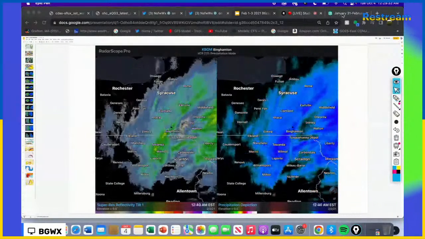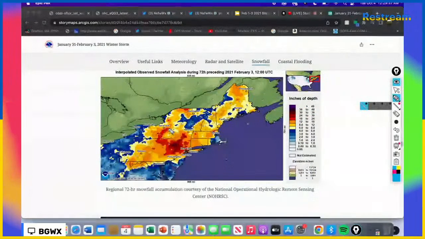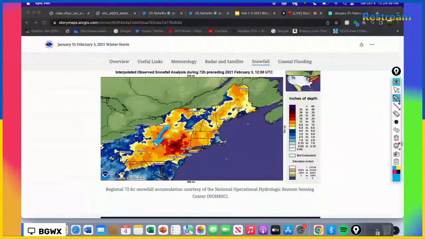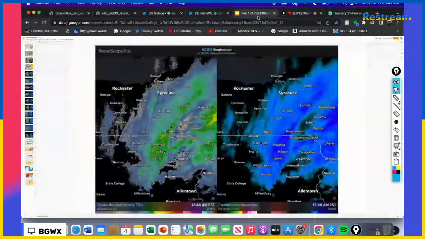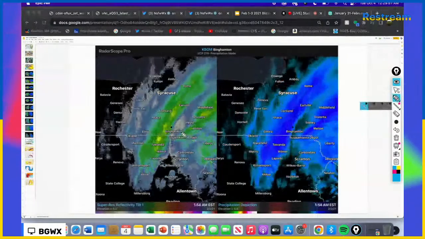That correlates with these snowfall totals. Notice the band, that was that band. So that was just going to pivot there for a while. And also what we look for a lot of times is this is a terrain area. A lot of times it's called orographic lift, where some of the terrain